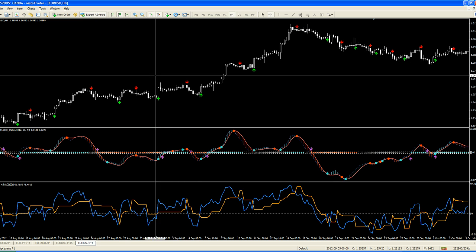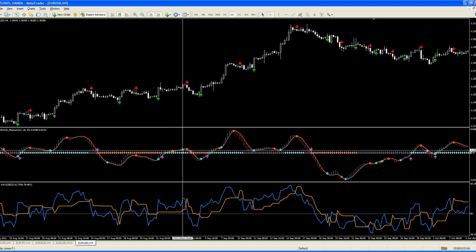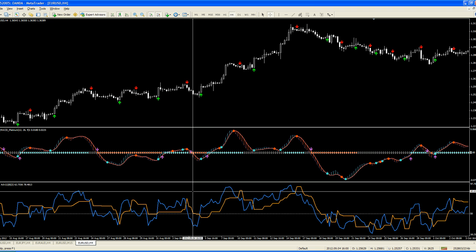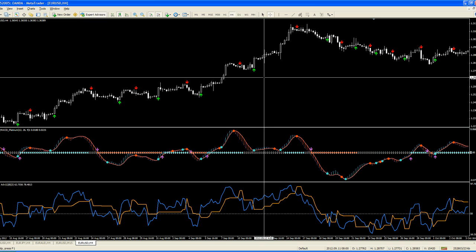On the screen I have a Euro USD 4-hour chart with two indicators, the MACD Platinum, as you know, and the QQE Advanced. These red and green arrows